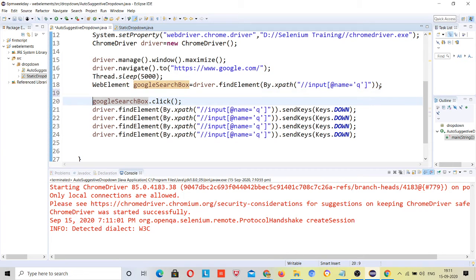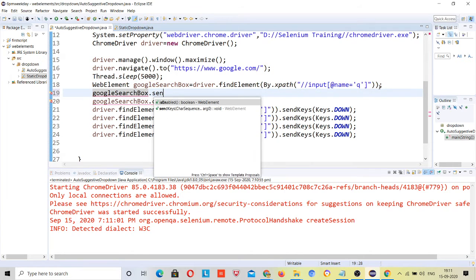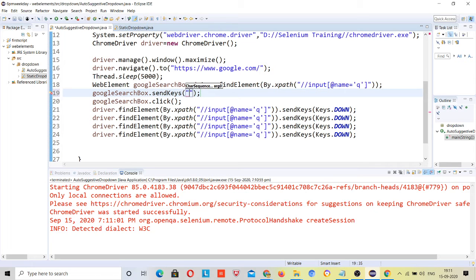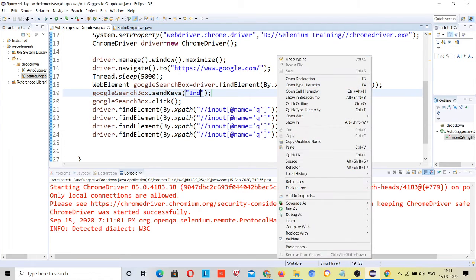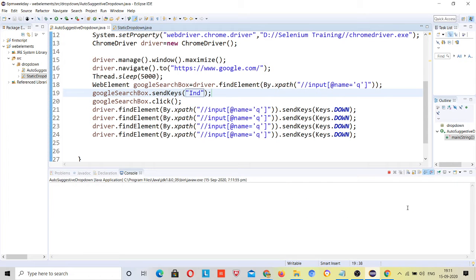If I send dot send keys, this may be the error: sometimes some browsers or URLs don't support these down keys. So we have other ways also, but I'm trying this so that it is clear first that this is not supported, and then we will find other ways.